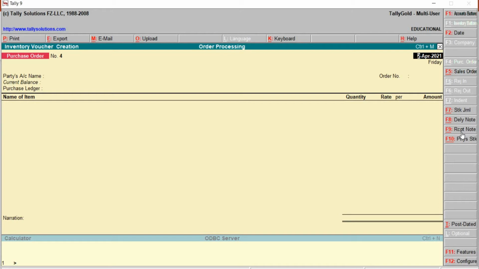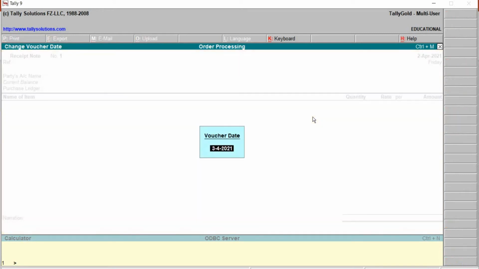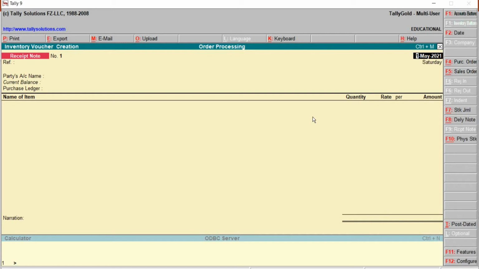And right hand side we can see here receipt note, and the shortcut key is Alt and function key F9. Just click on this one. This will take us to receipt note. And here we are receiving the material on 1st of May. Change the date. Function key F2. Right. 1st of May. Alright. Reference number can be given here. I just provide here